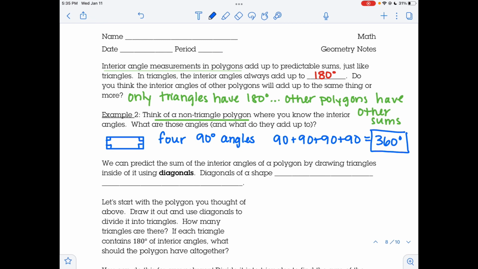Now, I did say these were predictable sums. So just like every single triangle adds up to 180 degrees, every single four-sided shape, not just rectangles, but every single four-sided polygon is going to have that interior angle sum of 360. So we'll put a little note here. Any quadrilateral, remember that was the name for a four-sided shape,